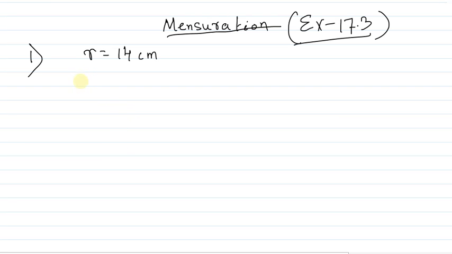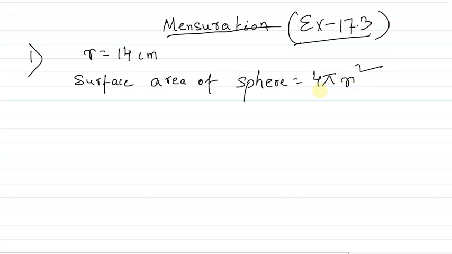Surface area of a sphere. In this chapter, that formula only I'll tell. In different portions we use different formulas, because this is only related to sphere. Fine. So surface area of the sphere, please write the formula. It is equal to 4 pi r square. All right, 4 pi r square. Till now any doubt you have?